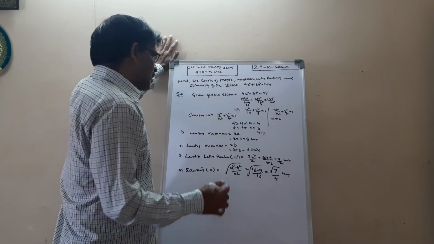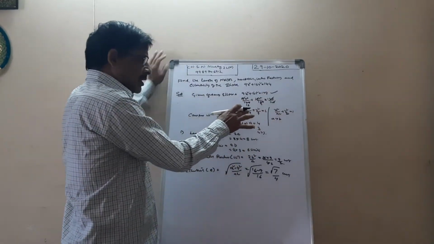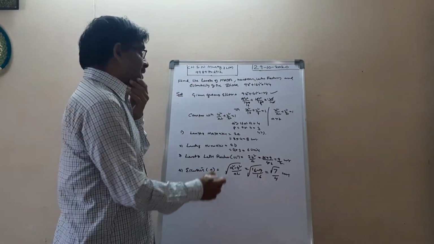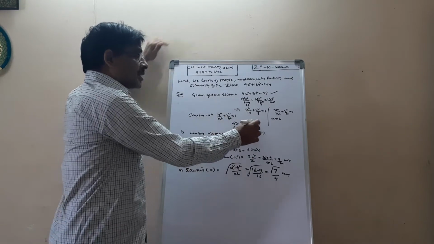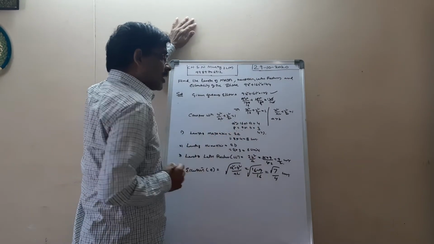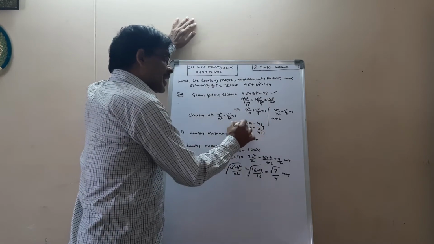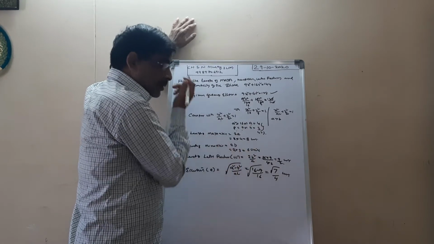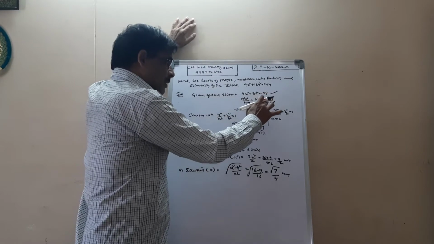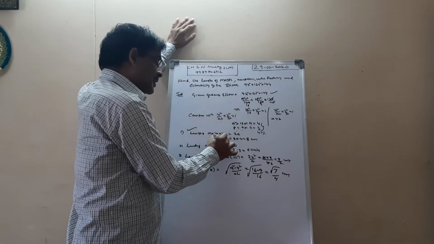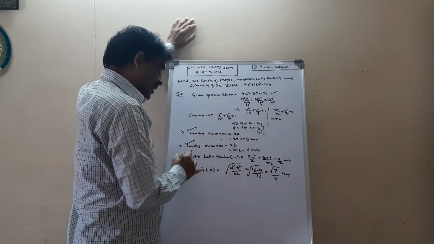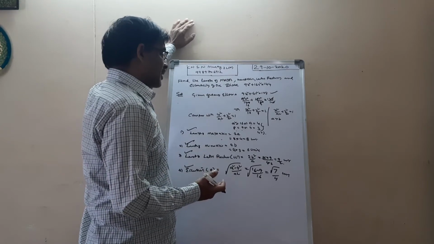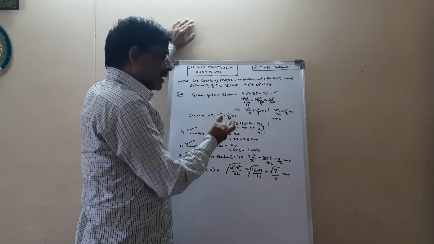It is very simple. The ellipse is given to you. You have written it in a standard form, x square by a square plus y square by b square equal to 1. You compare with our standard form: a square equal to 16 means a equal to 4, b square equal to 9 means b equal to 3. Compare these two: the a value is greater than b. Then you have to write the length of the major axis, minor axis, length of the latus rectum, or eccentricity of the ellipse. You can write the remaining also: the equation of the directrix or center. You can write easily.